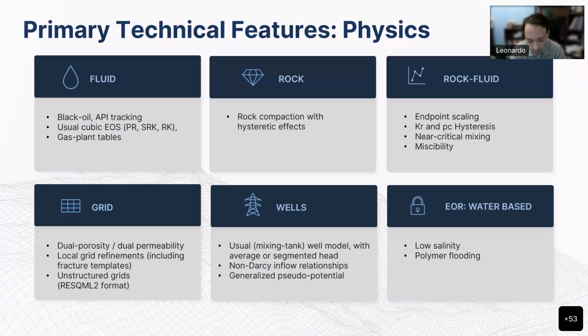So it is important, let's say for the sake of continuity, to be able to use the same tool and model the same processes that were modeled in the previous life of the assets before moving to the carbon sequestration phase. And in fact, even when one is interested in modeling carbon capture...